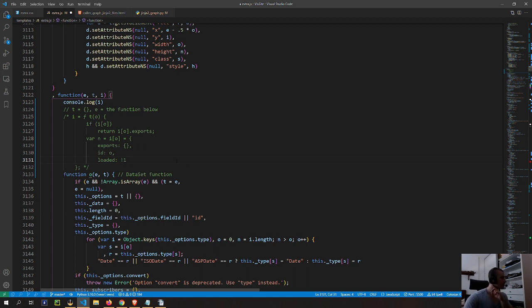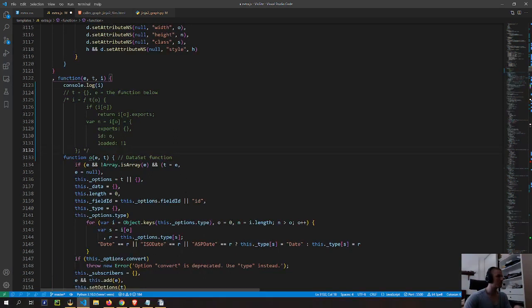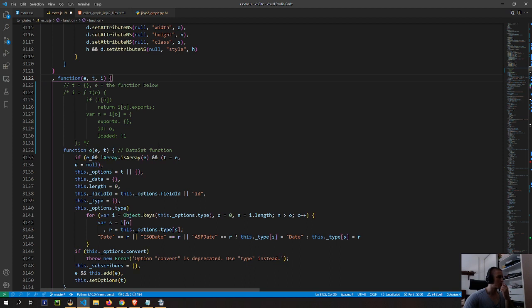I have to think about how I can access this O and this I inside of this function here. Maybe it doesn't matter that much. So